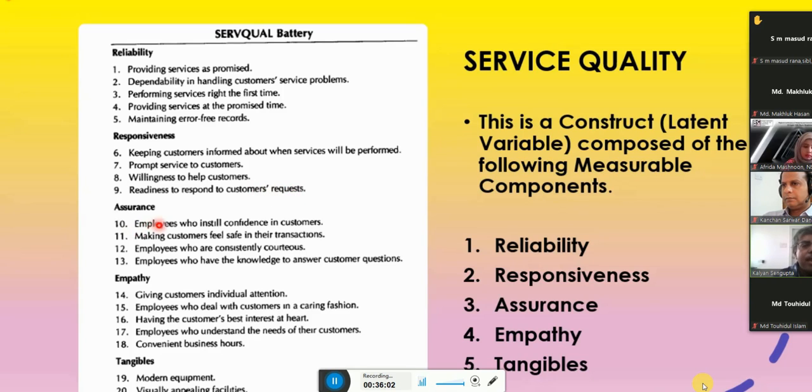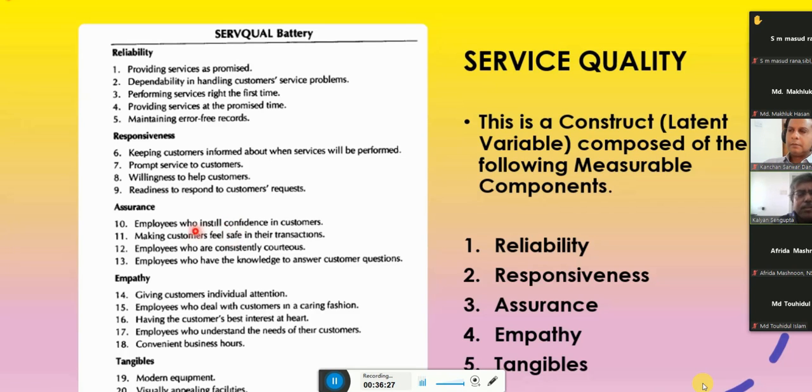Assurance, this dimension means that we have confidence. We have trust and confidence, and the customers feel safe, that you are in safe hands, no problem, no forgery, nobody will take your money. So this is your assurance.